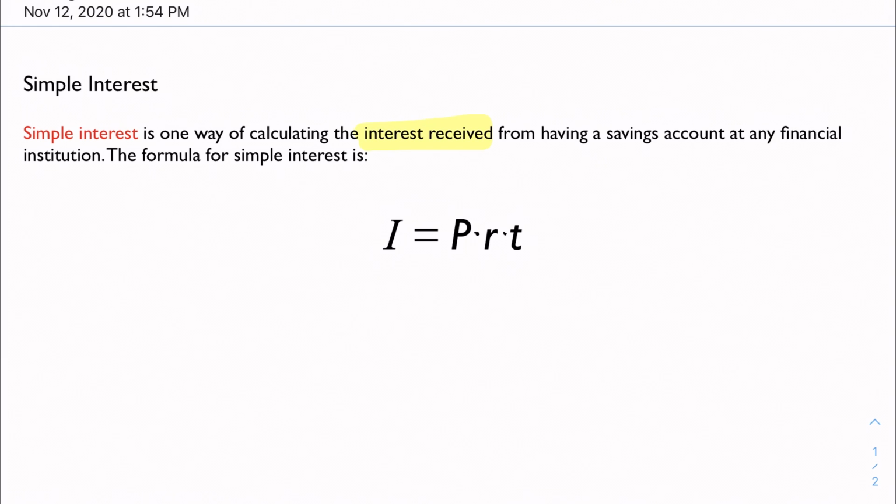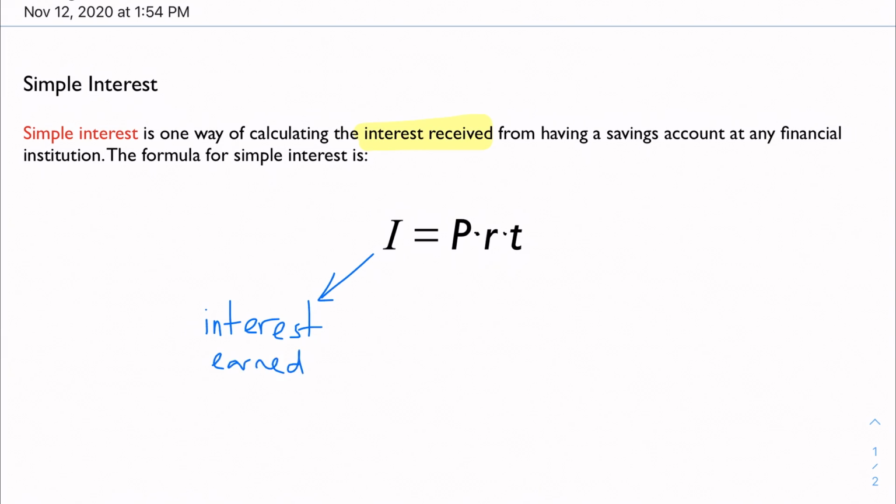Hopefully nothing here is new, right? You might have seen this before in, say, Algebra 1. But just to review, and bear with me because I don't have my Apple Pencil and I'm using a normal stylus, so this might not come out as clear as I want it to be. But I is just the interest earned. This is what I mean, things keep disappearing. Interest earned